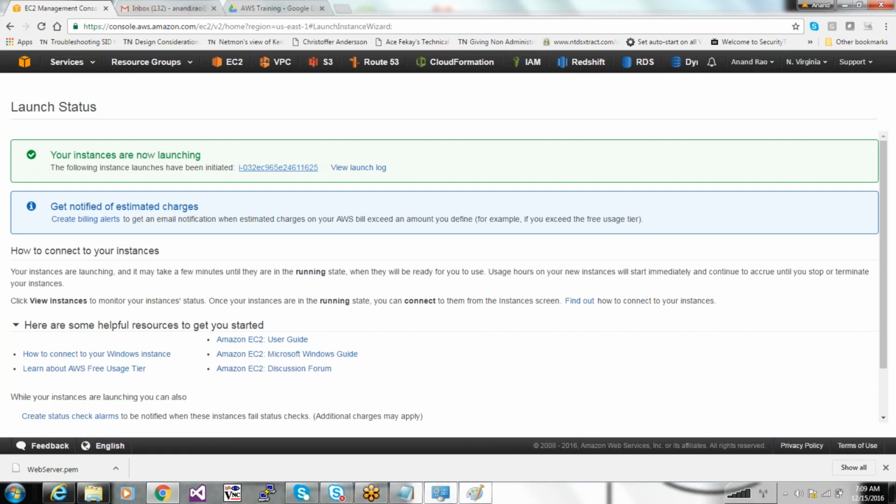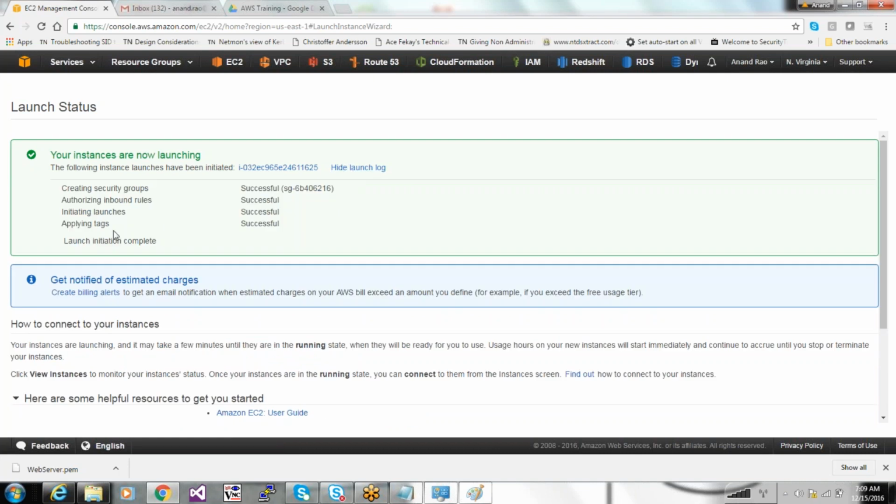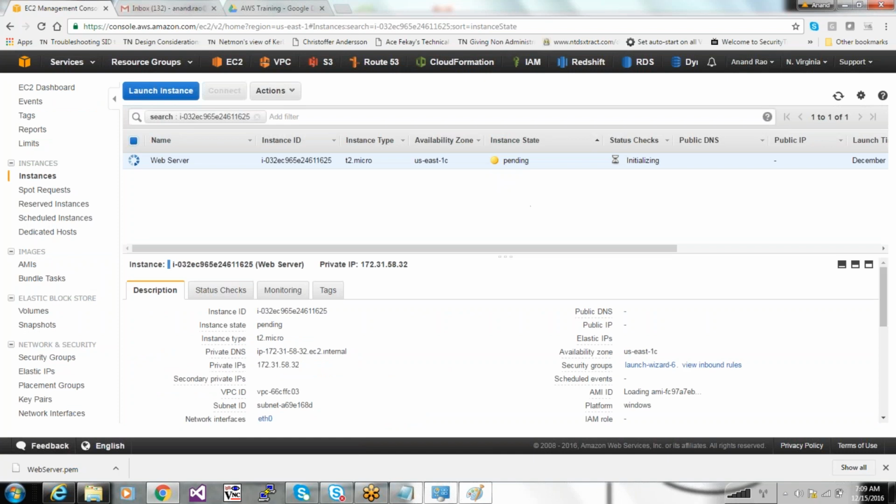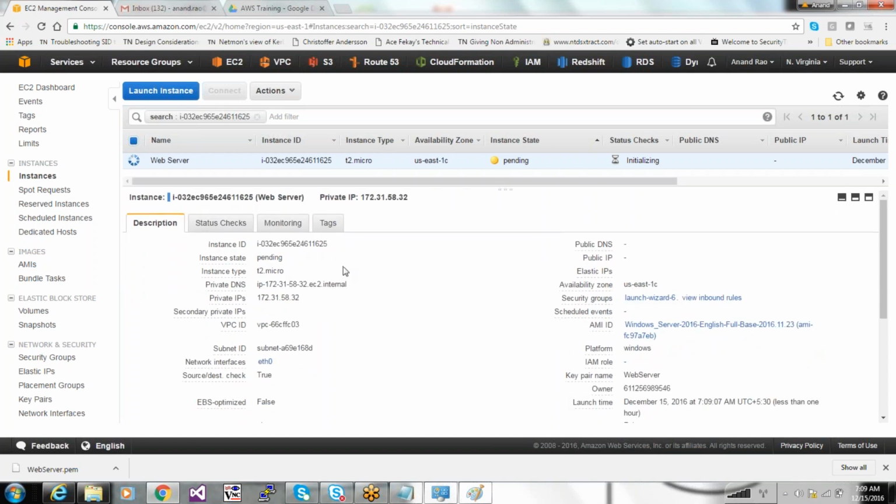You can click on view launch log and it's going to slowly finish those activities, or you can click on this instance to see what's going on. It is in pending state at this time. While it is running, let's scroll up a little and look at its attributes.